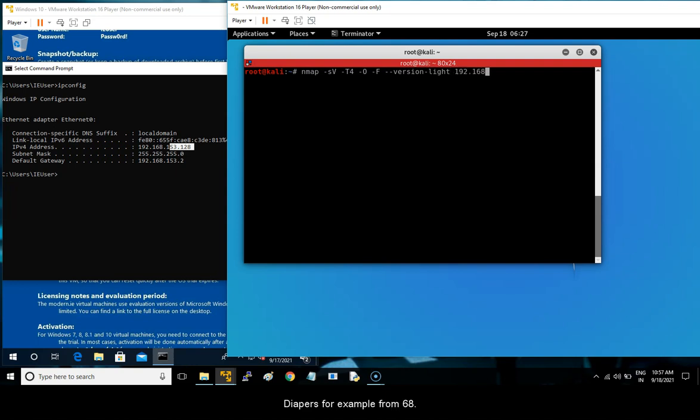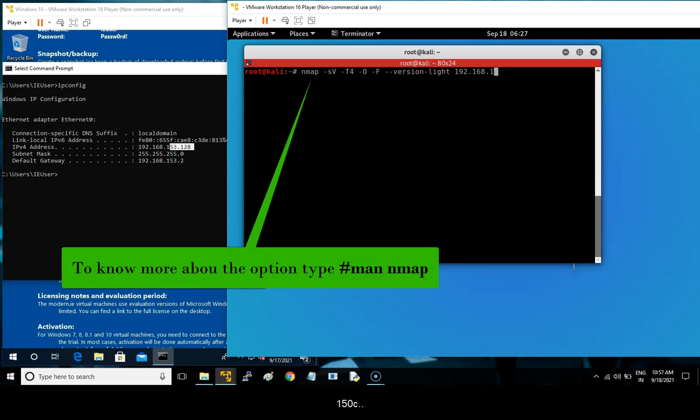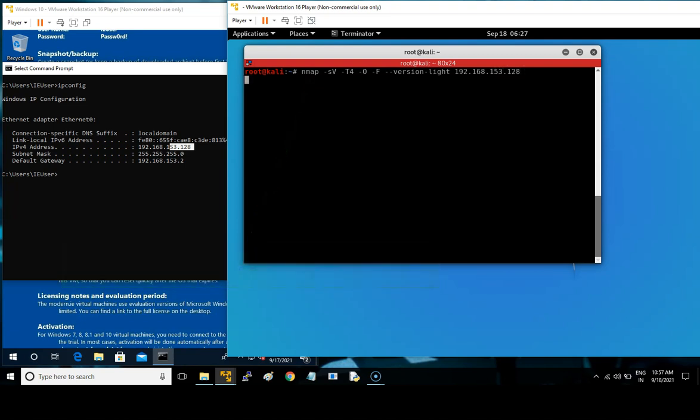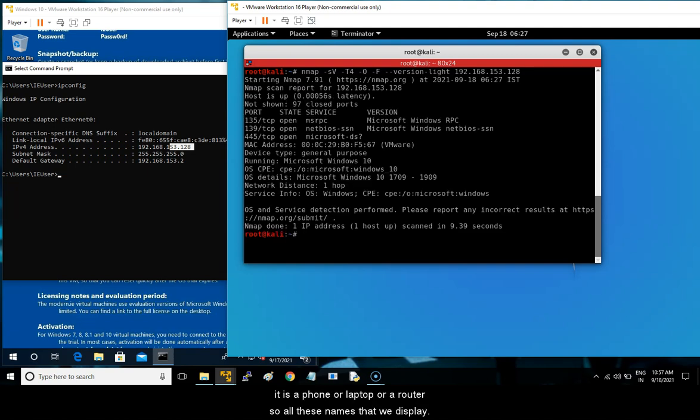For example, 192.168.153.128. Then enter. And this will tell you the OS running on the device, whether it is a phone or laptop or a router. So all these names it will display.